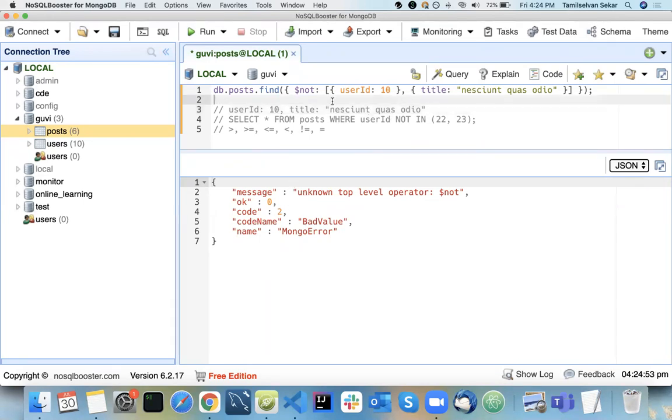So if you use not, you need to mention the condition, right? So not user ID equal to 10, and title. That particular condition is there, and that condition you need to add. For example, here you need to add which property is not. Here we use not in, right? For example, here user ID